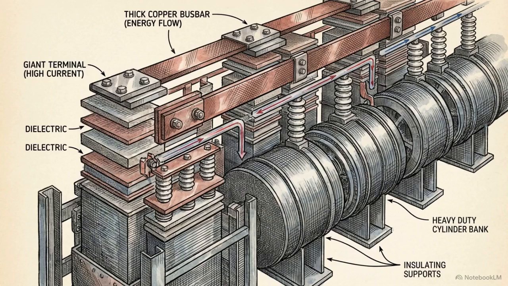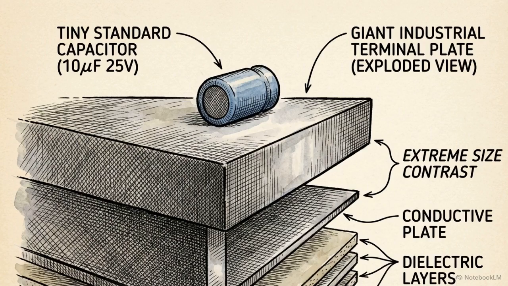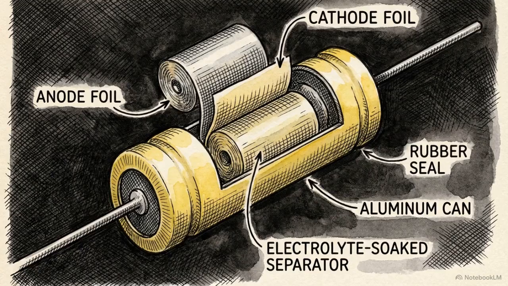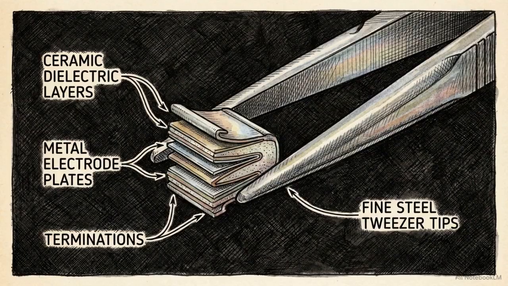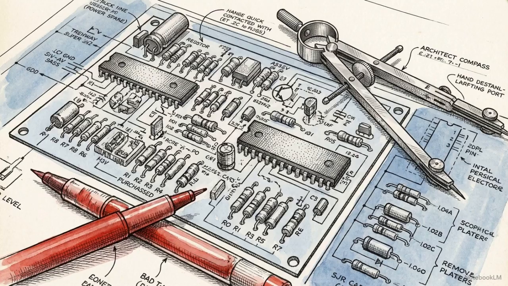In practice, storing a full coulomb at 1 volt requires massive physical dimensions. 1 farad is so large that electronics work almost exclusively in much smaller fractions. You'll typically find values in microfarads, 1/1,000,000th of a farad, or picofarads, which are 1/1,000,000,000,000th. Precise circuit design depends on converting between these metrics. While the math defines the ideal ratio, the actual capacity is strictly bound by the physical dimensions and materials used